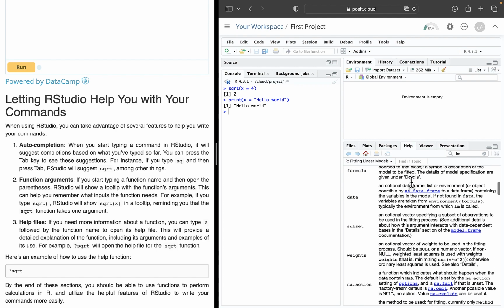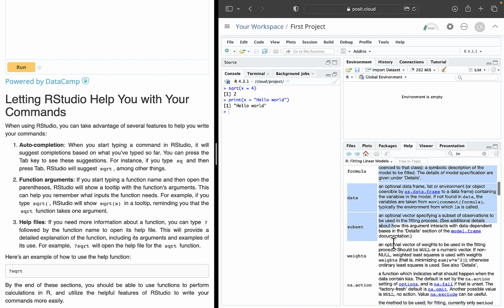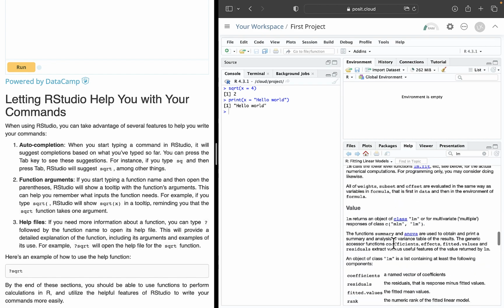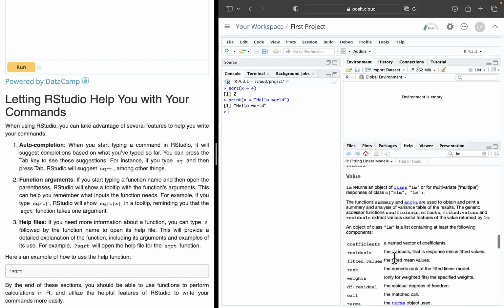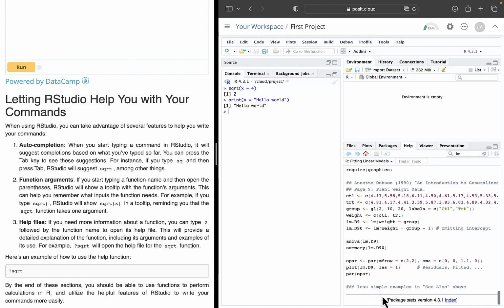Okay. The help will also give you a description of what's going on with each variable. And then it'll give you a little more discussion, and it usually also gives you some examples of how you can